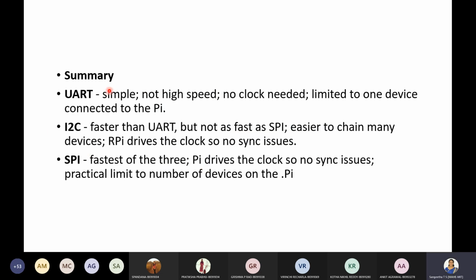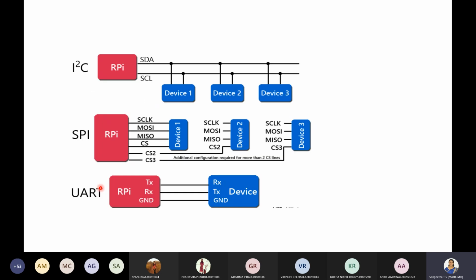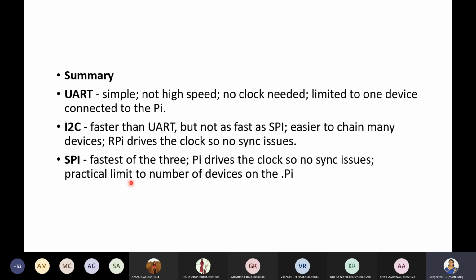So which one should be made use of according to the user requirement? Any of these could be made use of. Whenever the speed of sending or receiving data is the most important, in that case you can go with SPI.